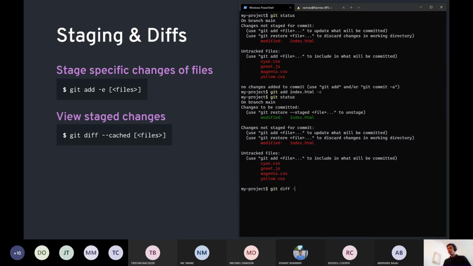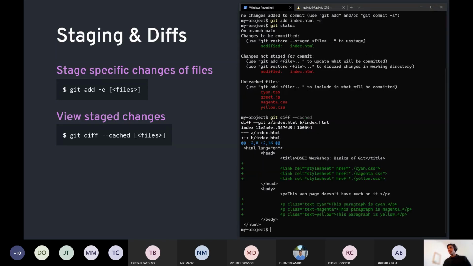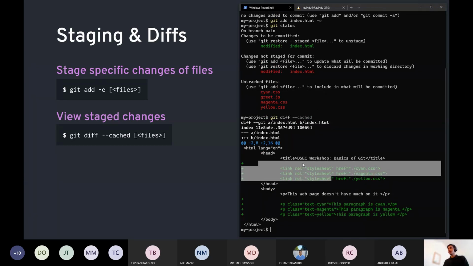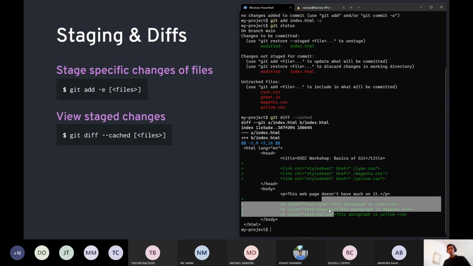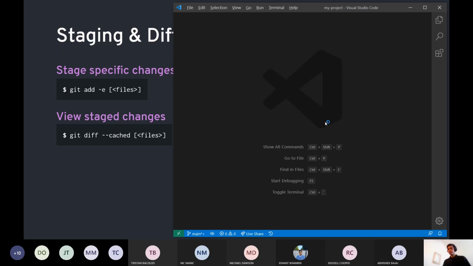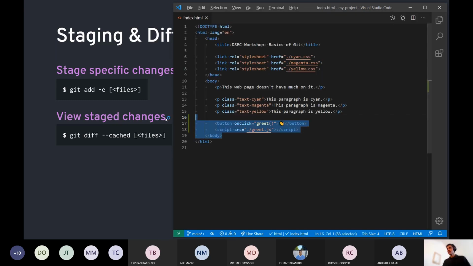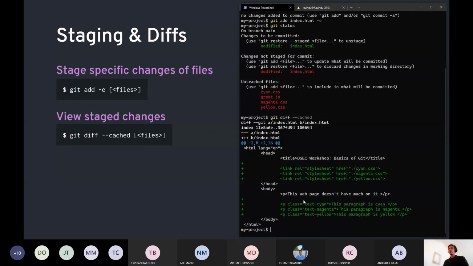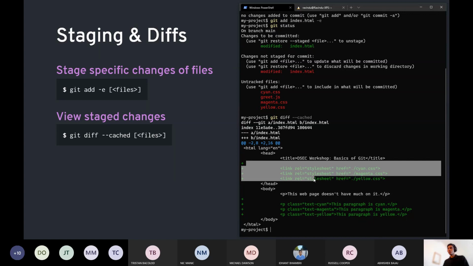So if I do git diff --cached, you'll notice that these are the changes to index.html that will be included in our next commit. And these changes don't include the greet changes that we did down here. So we've basically broken our change down into a small kind of subset of it.